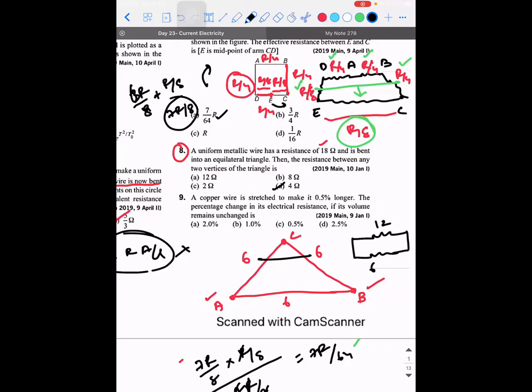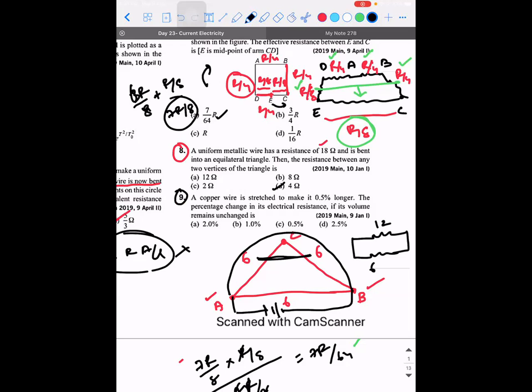Aditi, now you got the logic of what I did, how I read through the circuit. Yes, sir. So I try to find the resistance between A and B. When I go in the clockwise direction, I need to encounter A to C, C to B, whereas when I go in the anti-clockwise direction, it is directly from A to B. So the circuit will get broken into two parts.